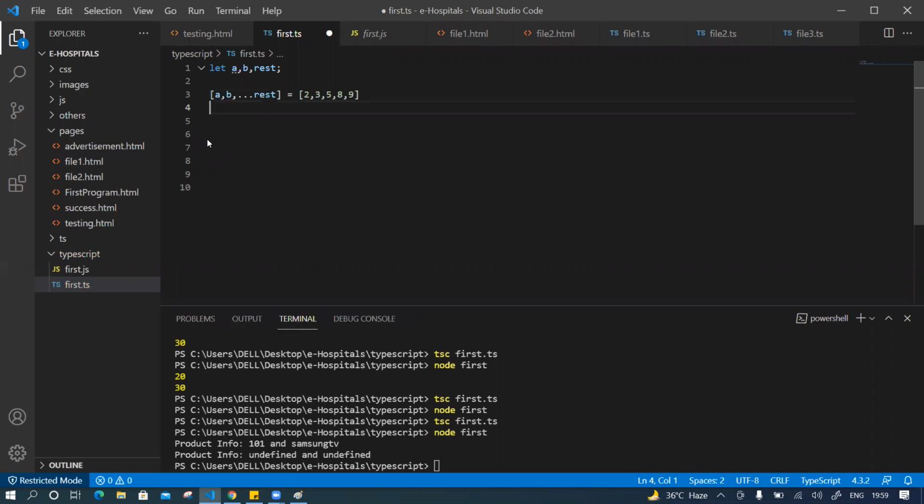You can give as many as you want. If you want to provide A, B, then we need to provide only 2, 3. But I have given the rest of the parameters like this, so here it holds the rest of the array values. That's it. So now if you want to print